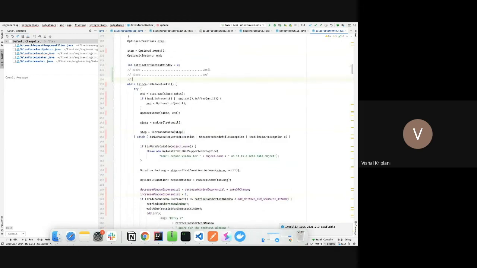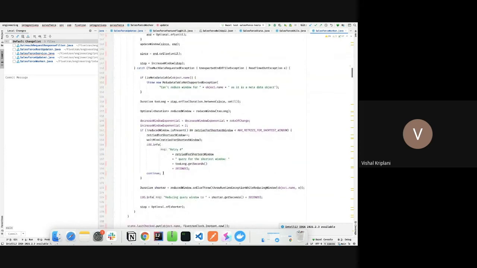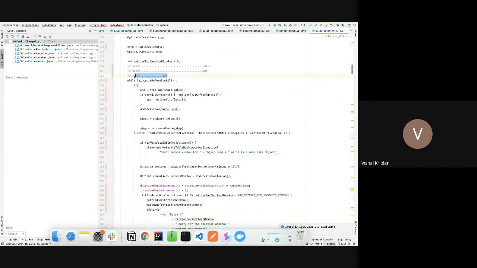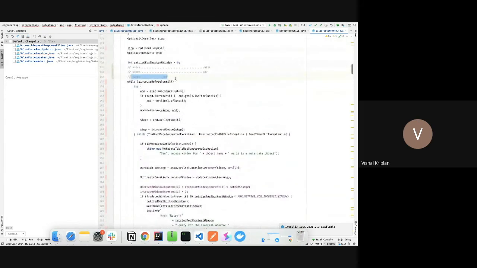So now let's suppose we are syncing and we got some exception. So now we decrease the window. Now our end will look something like this, and we have calculated this space. This is our new window, and we have calculated that here at step. So there is some logic there. I'm not 100% sure about this logic. So in this way, we will move ahead in the fashion I have explained before. The window shortening only happens in case of exceptions. Else, we will try to sync from since to until, the complete duration.